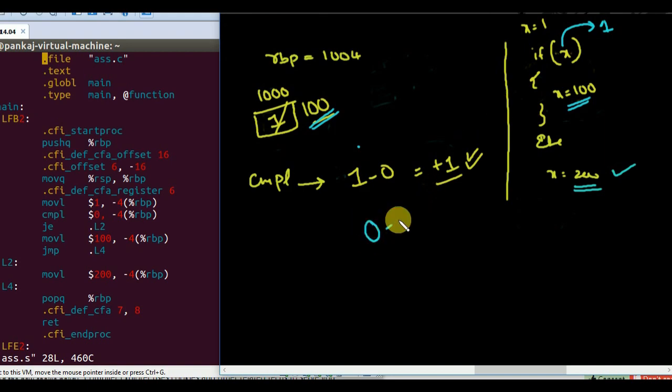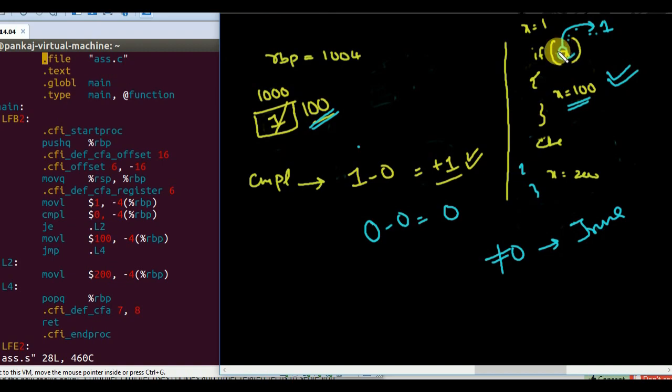If it is 0 minus 0, then the value will be 0, right? If the value is 0, then jump if equal to 0, yes it is true, so jump to L2. Where is L2? Here, and 200 is moved. So any number which is non-zero, if I place 1, 2, 4, 8, minus 1, minus 2, any number, this condition is satisfied. So any non-zero number is a true value. If I put 0 here, this condition fails and this other one works.